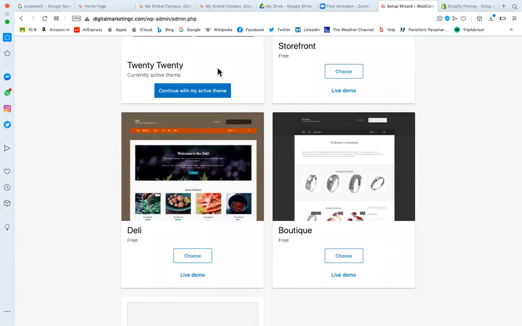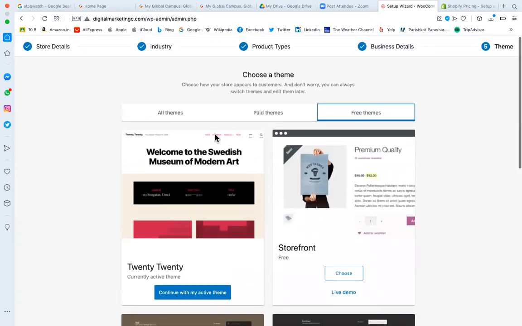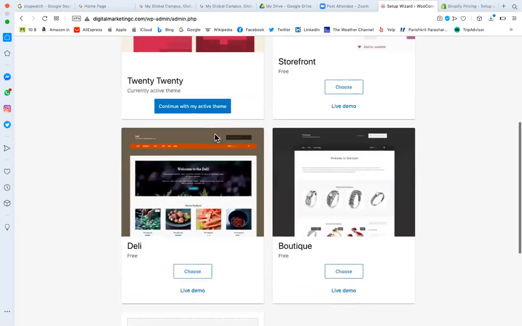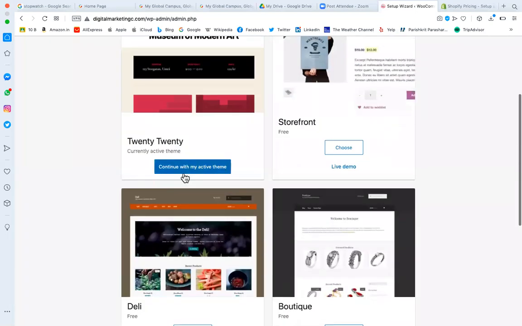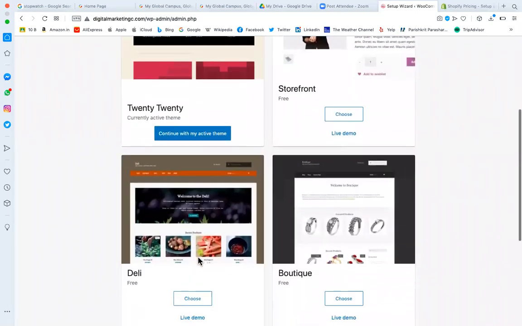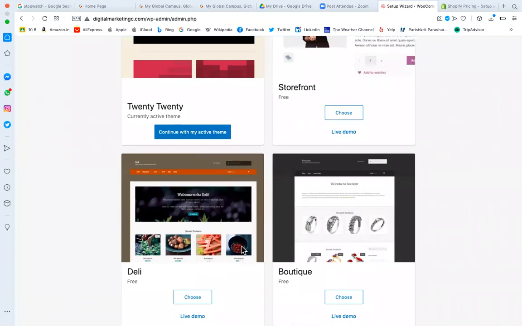Change the theme and show to us. Like, hmm? Change the theme. Which one? Daily or same, continue with the same? Yeah. You change also, it's okay. Because if you change, what will happen? So it will change the look and feel. It will immediately change the look and feel.